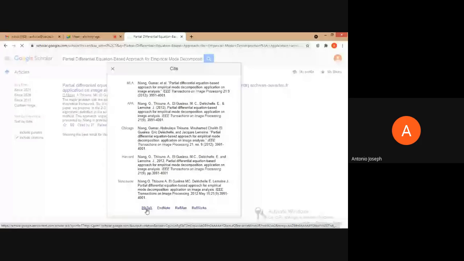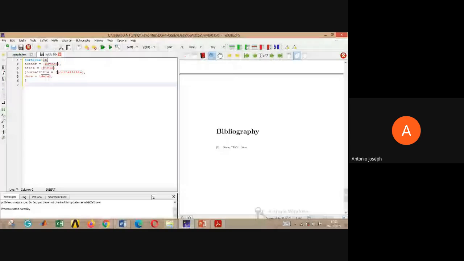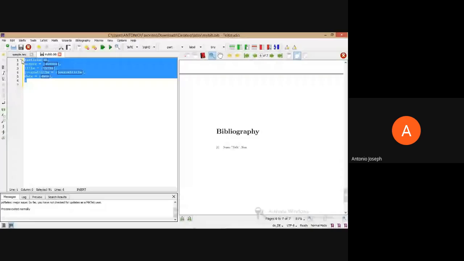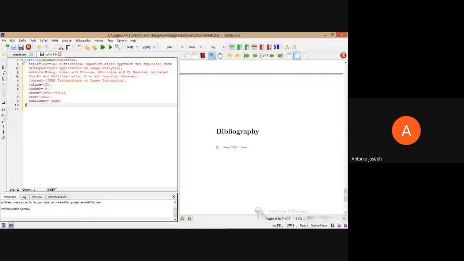See, isn't it easy? Quite easy, isn't it? We are getting all the details that are required in the same format. Just copy and paste it. That's enough. So if you have 100 or 1000 references, the only thing you need to do is copy the title, paste it in Google Scholar, search for it, go to the citation, click on BibTeX, and we'll get the format. Just copy and paste it. That's it.